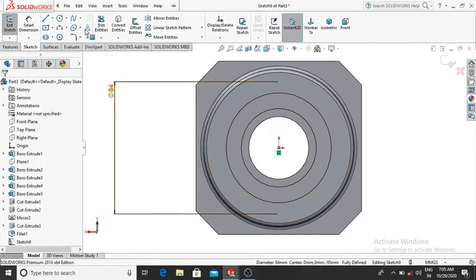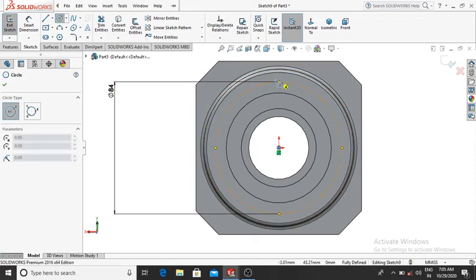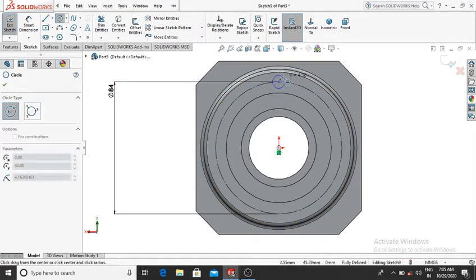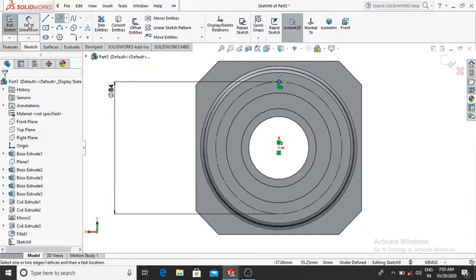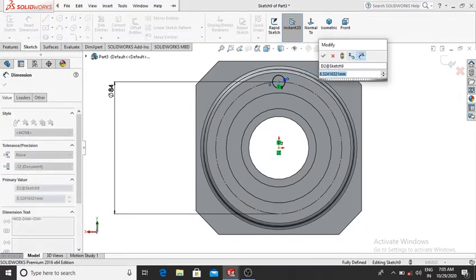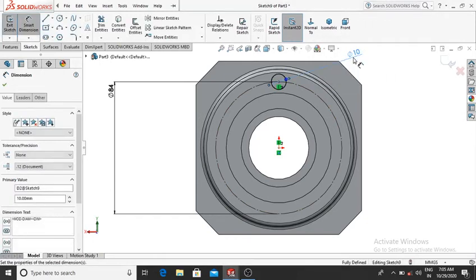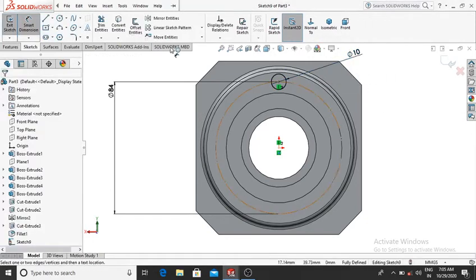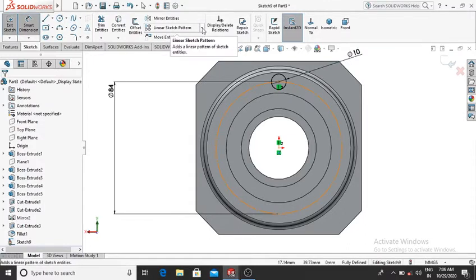So here select, then OK. Now again select this circle, and from this point make a circle of 10 diameter. So go to the smart dimension and make it 10 diameter, and we make 5 circles. So go to the circular pattern, here one option,